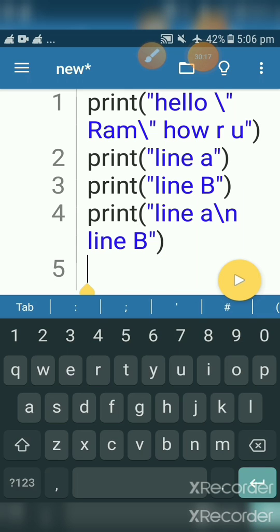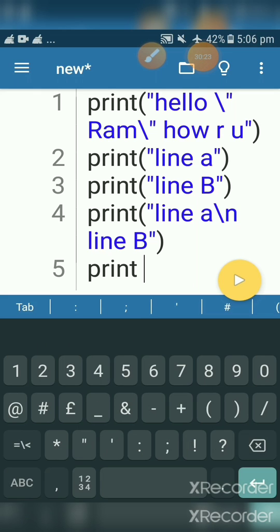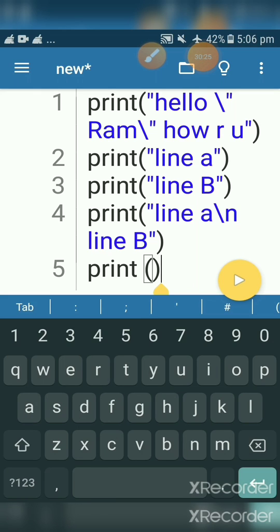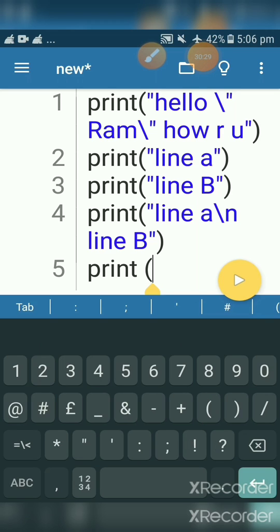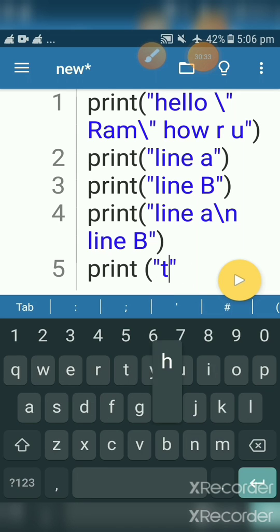For that, print this is, now you need a backslash.